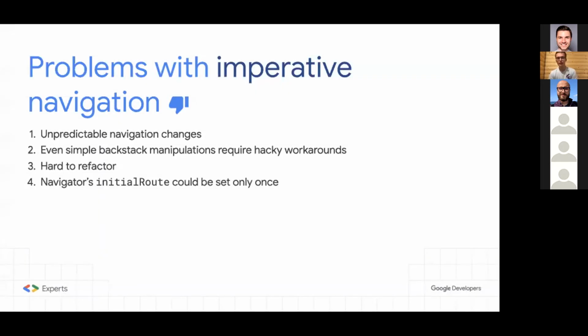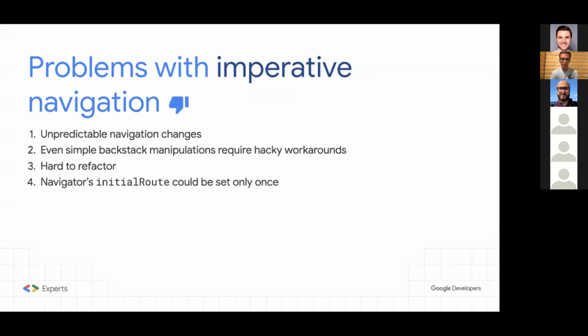So there are some problems or issues or maybe drawbacks with this old kind of approach. First of all, the navigation is a bit unpredictable, and especially the changes are unpredictable. In large teams, if you don't have tests, and it seems that maybe 70, maybe 80% from various Twitter polls, apps don't have tests. So it can be very challenging to understand and predict the current and new navigation stack.